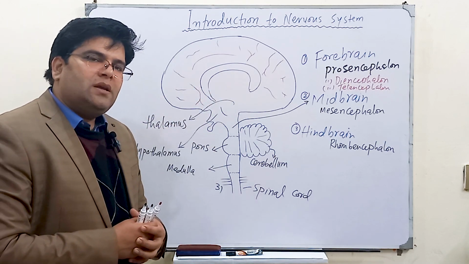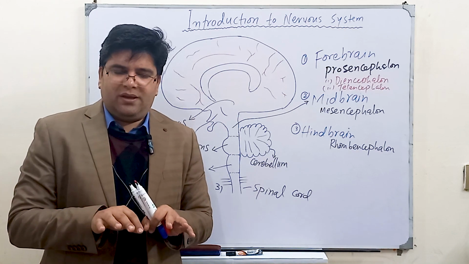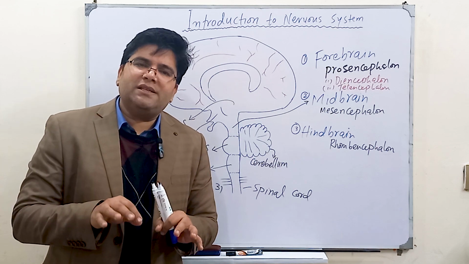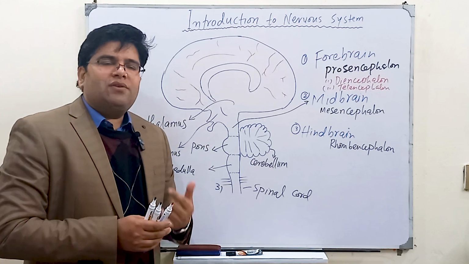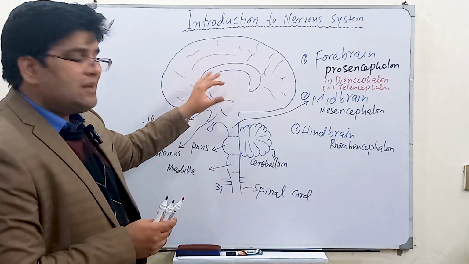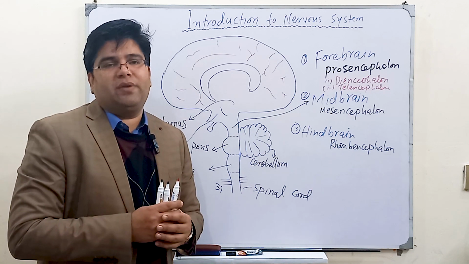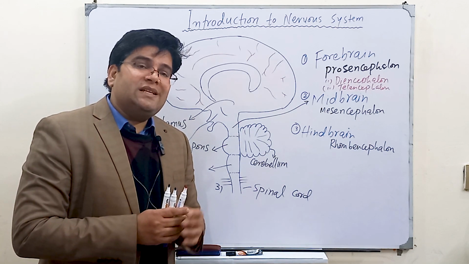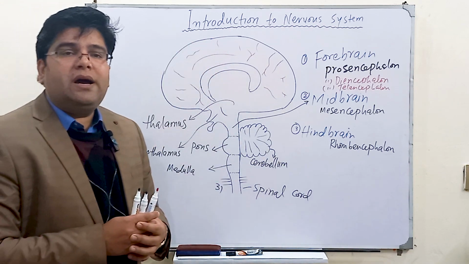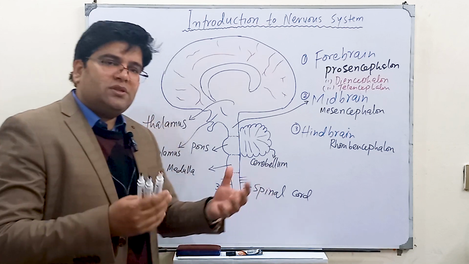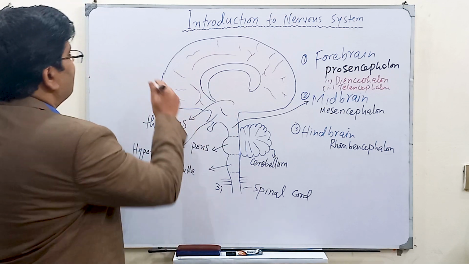And the actions which are very precise, like typing using a keyboard, are performed by the cerebral cortex. So it means our cerebral cortex, along with the subcortical levels, is responsible for making very precise movements. And also our sensations which are very precisely located are perceived in our higher brain level, or the cortical level. So just to summarize, there are three important levels at which the functions are performed by our nervous system: